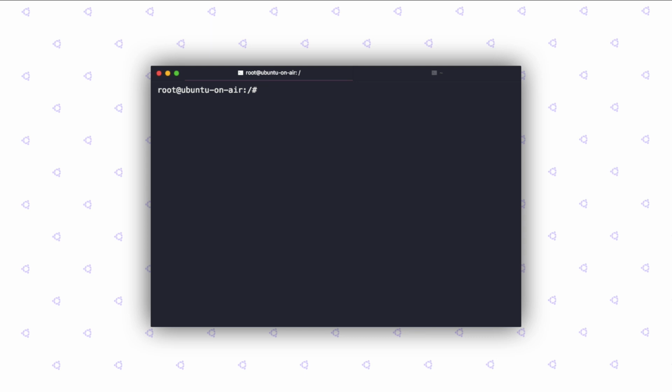Let's say your secure shell server, which allows you to connect to your server remotely. So as you can see right now, I am actually using my server for this demonstration via my local machine, and this has been made possible using SSH. So we're going to take a look at how to start services, how to stop them, how to restart them, and how to check their status.